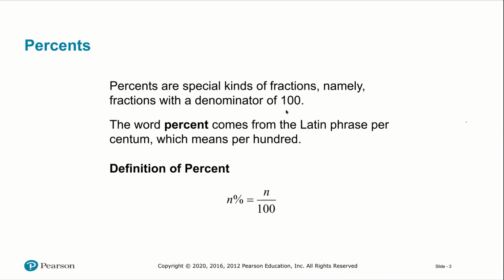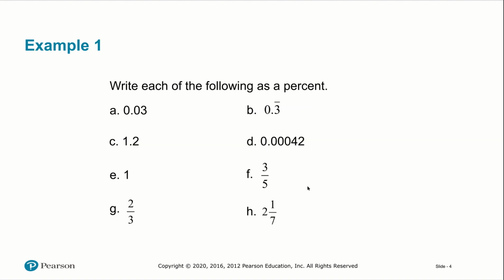Percents are special kinds of fractions, namely fractions with a denominator of 100. The word percent comes from the Latin phrase percentum, which literally means per 100. So the definition of percent for a given number n, for example, n percent, that simply means n divided by 100. To convert any number to a percent, the most universal method would be simply to take that number and